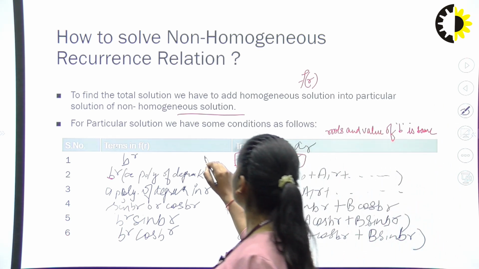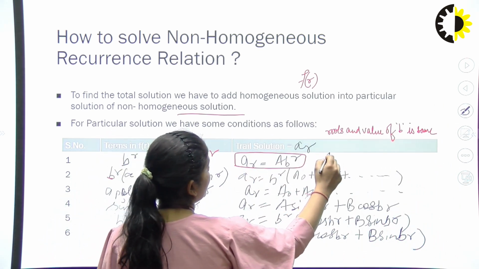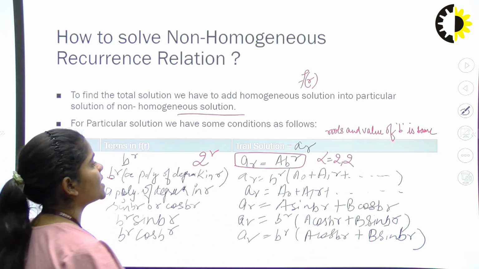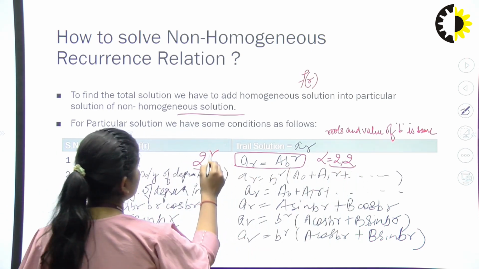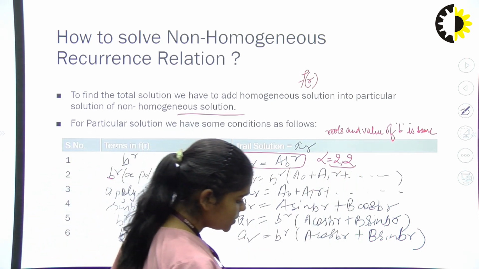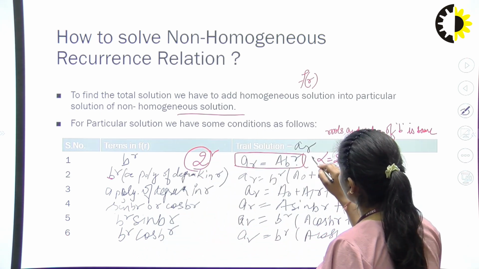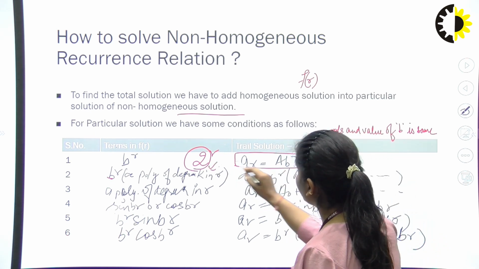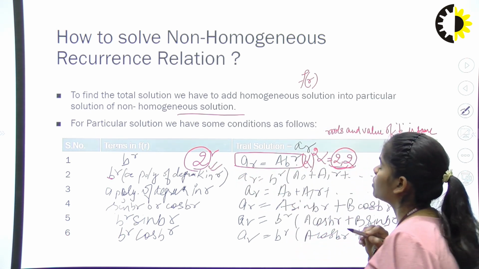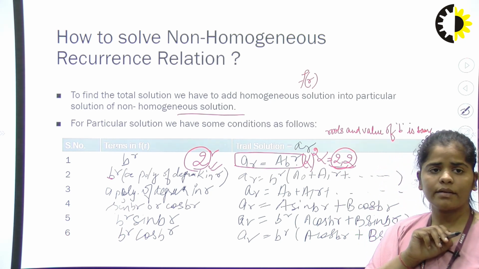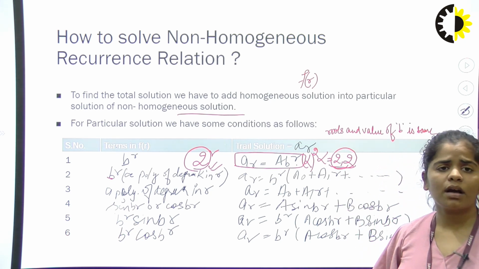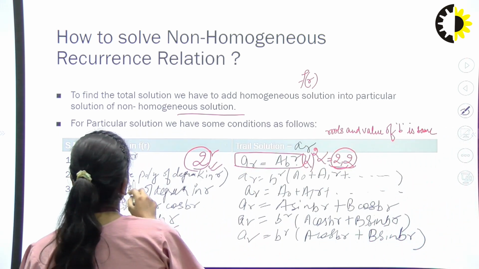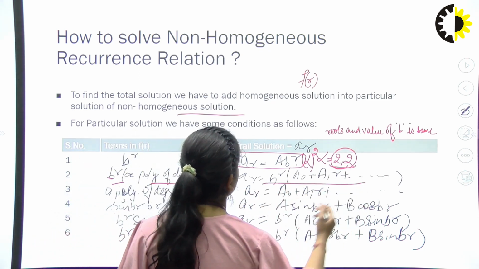For example, I use 2 to the power n, right? And alpha's values are 2, 2, right? So in this case, the alpha value matches this b value, right? So in this case, we have to add here alpha to the power of how many times this value is repeated in the roots, like 2. So alpha to the power 2 is added, right? This is called the multiplicity, and we discuss it in the question also.